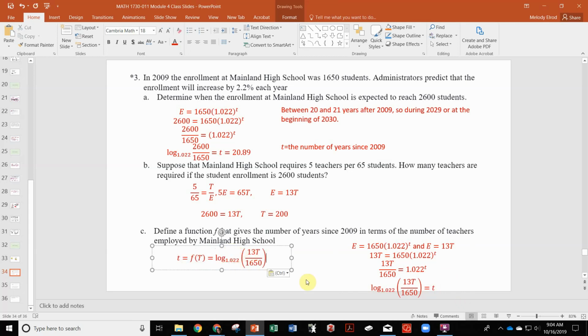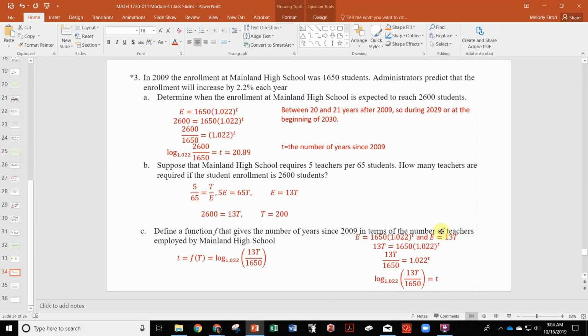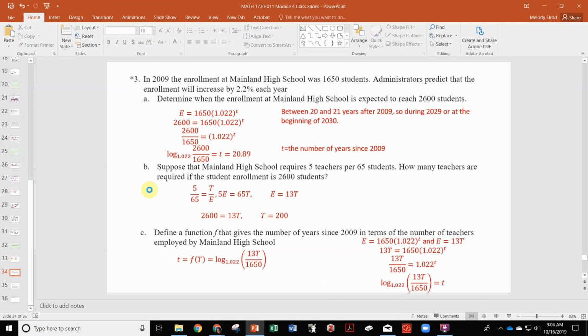Okay, so there's the rule for that. All right, so that takes care of this problem. We have now a rule that produces the number of years given the number of teachers, right? There it is. Okay, I'm going to end this one